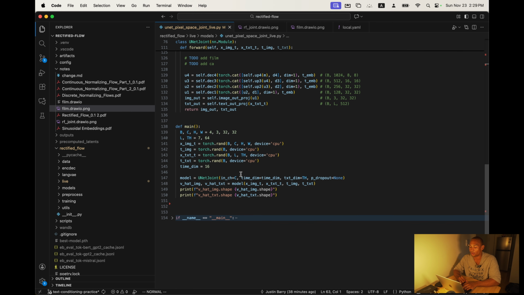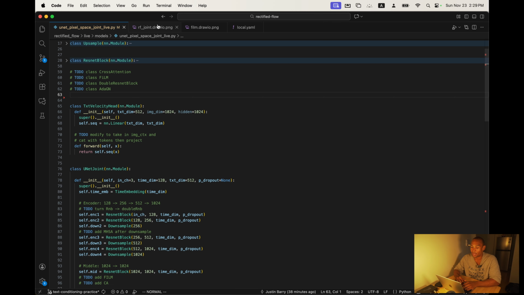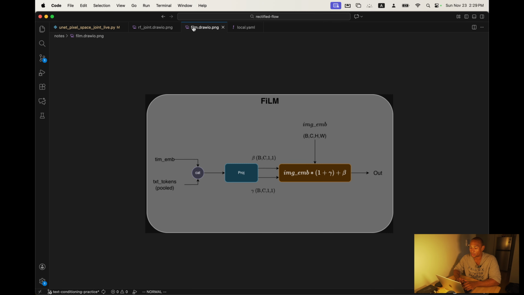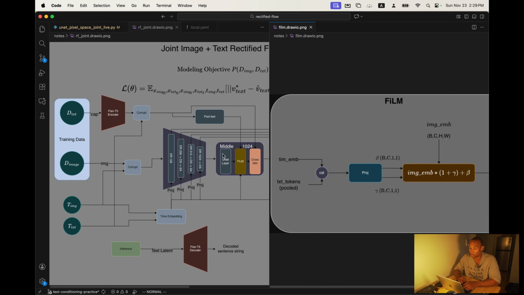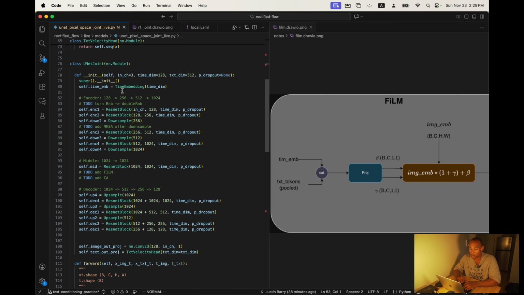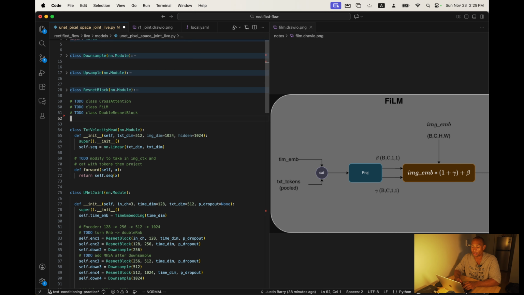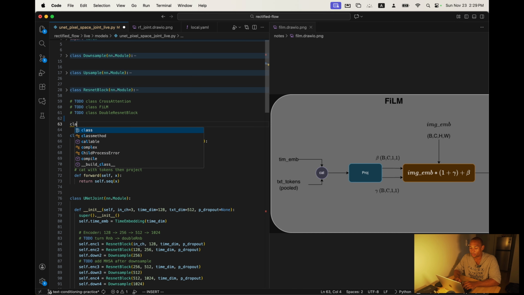So let's get right into implementing it. We're just going to code based off of this diagram right here. So I did add some to-dos, right? We need to implement cross-attention, FiLM, double ResNet block, and AdaGroupNorm. Actually, I'm not going to do AdaGroupNorm. It's just FiLM plus normalization. But in this case, we're just going to do FiLM. So class FiLM